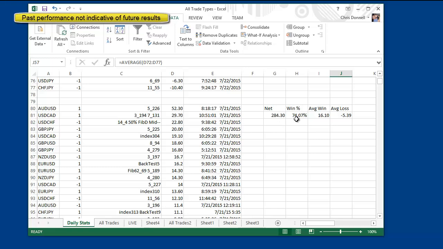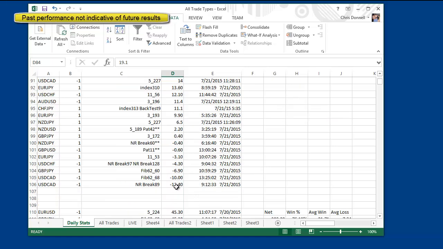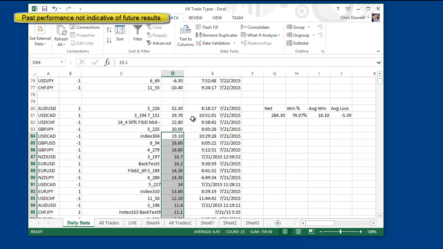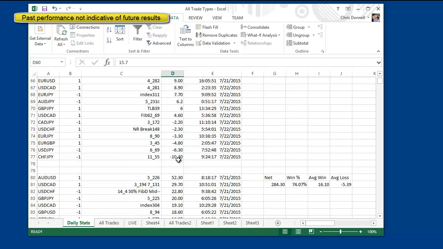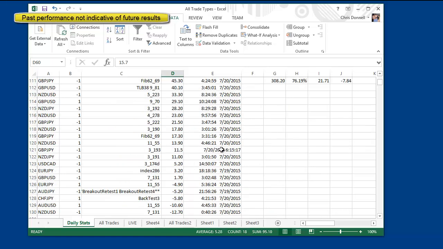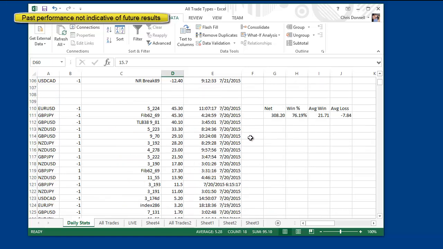Tuesday, 284 pips, 74% winning. And again, 3 times bigger wins than losses, and that's key. Even if you take out some of the higher probability or the higher pip trades, if you sum up the rest of them, you can see 159 pips that day if you take out the 4 biggest ones. Take out the 4 biggest ones, 95 pips still. And then here's Sunday, Monday, exceptional day, 308 pips, 76% winning, and again, 3 times bigger wins